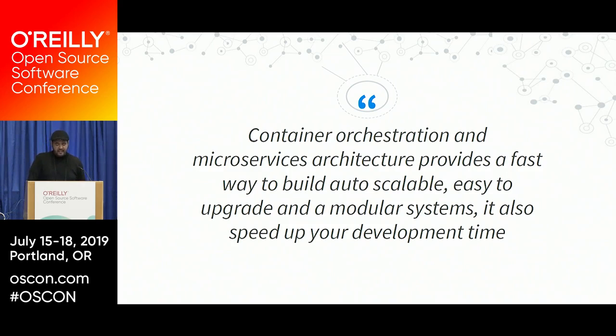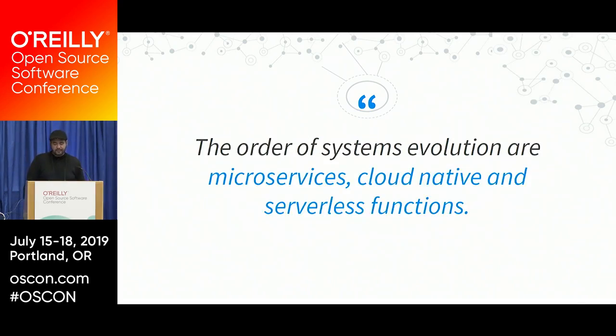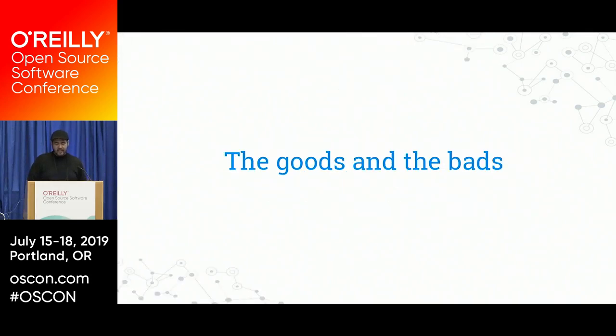Another important thing is that container orchestration and microservices architecture provide you a fast way to build auto-scalable systems and easy to upgrade modular systems. So you can speed up your development time. You don't have to waste time configuring your infrastructure. So the order of evolution of the systems is microservices. The next step is cloud native. And the last step is the serverless function. So serverless function is like the new kind of architecture that people are coming to use. So the goods and the bads